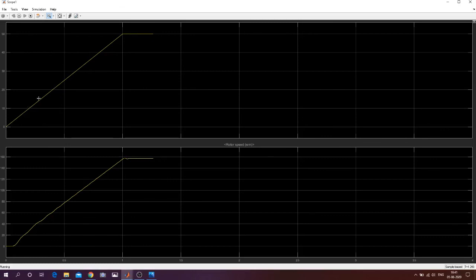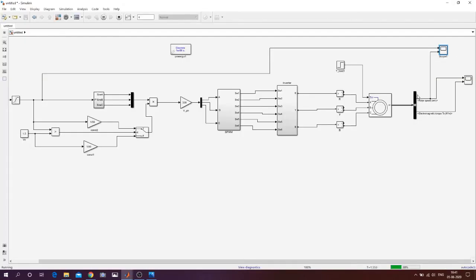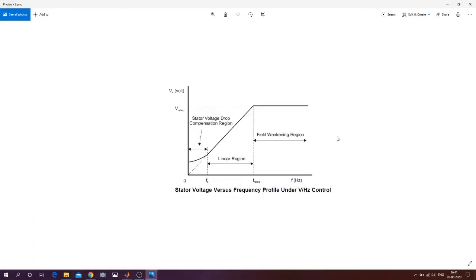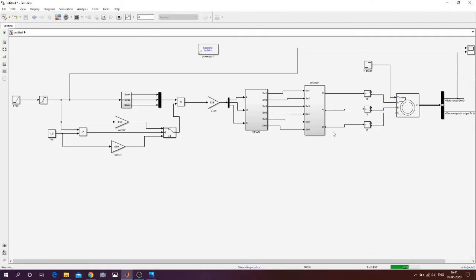This is the signal that we are giving. At this point it is reaching 50 Hz. At this point the motor is also reaching its no load speed. Likewise you can change the parameters of the motor and other things also. But this V/F remains the same. If you increase this voltage, that means you are just boosting this voltage. Because next time the amplitude of the input voltage will look like from here it will go on, then this part, and then this part. Okay, so see you in the next video with closed loop control of V/F.